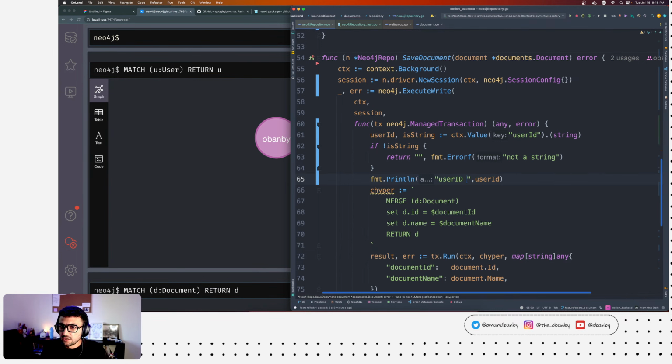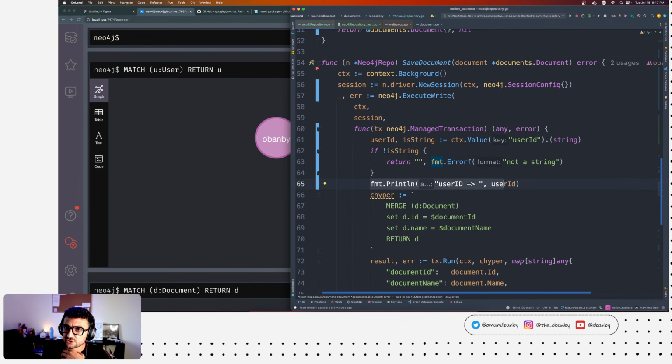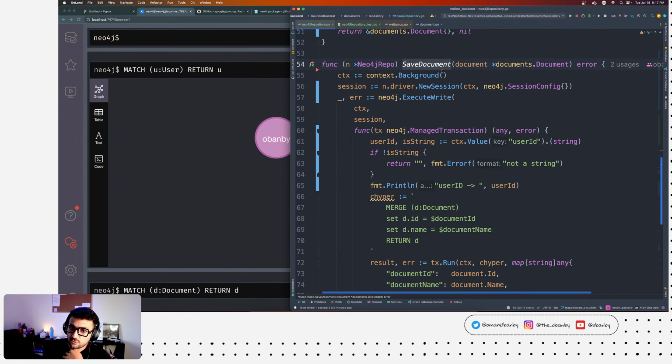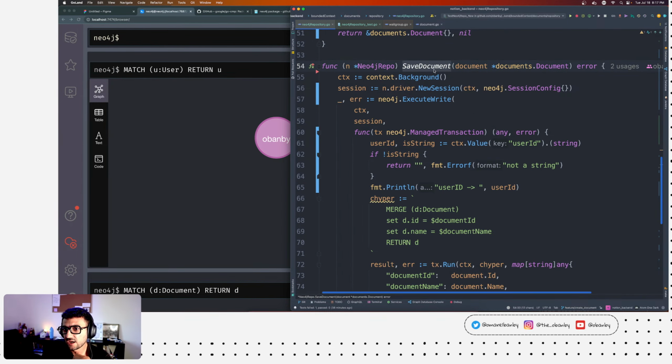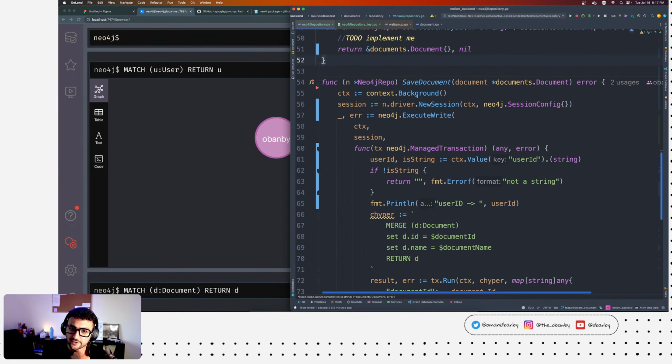And here we have again a choice to make. Do we want the user ID to be part of the context, or do you want to explicitly pass it to the save document, right? Remember that many operations on the repository will actually require that the user ID is available.